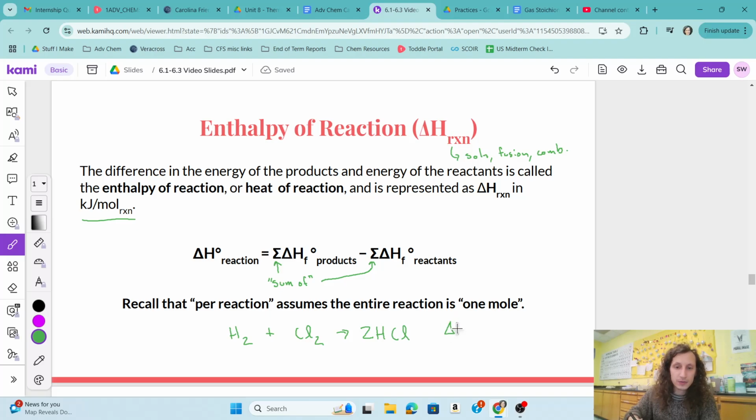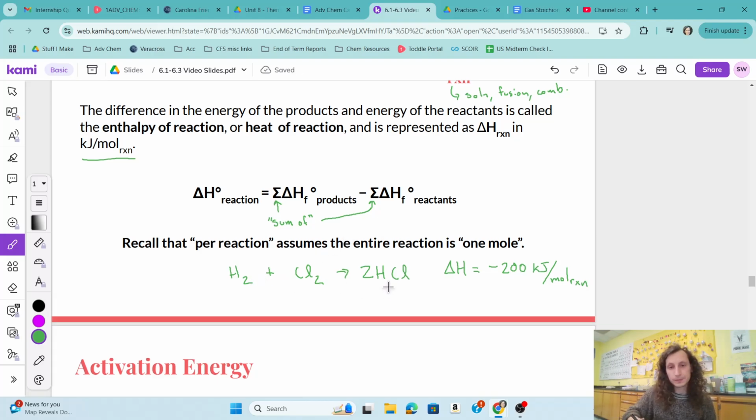Let's say delta H for this is, I don't know, negative 200 kilojoules per mole of reaction. Well, if I have 1 mole of HCl produced, right, the reaction says there's 2 moles of HCl produced. So if I have 1 mole, and I'll do a quick conversion, 1 mole HCl produced, how much heat would be released? Well, I would say, hey, there's